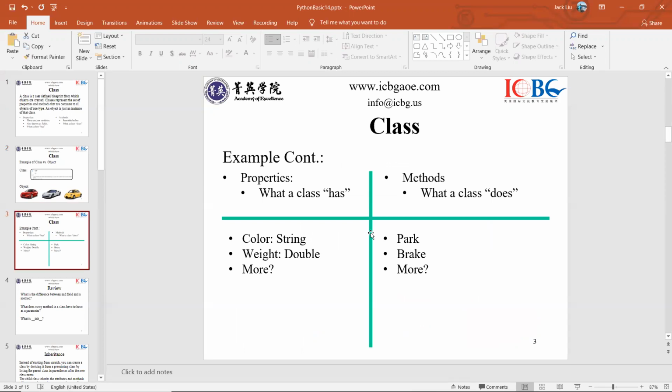Diving deeper into this idea, this example of cars, bringing it a little bit closer to Python, I have a little bit of activity, and this will also serve as part of the review. But talking about this idea of classes as properties and methods, I want us to work together to brainstorm some ideas of properties and methods that this car class might have. So I started off